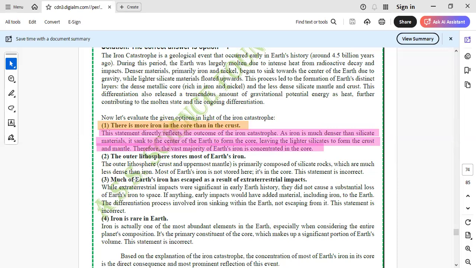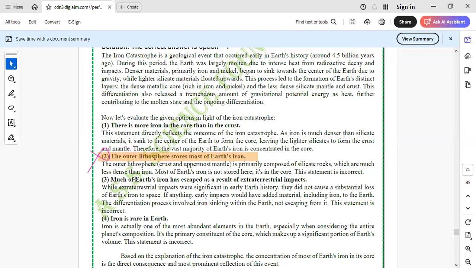ठीक है, तो ये तो इसका करेक्ट आंसर आपका गाइस हो गया फर्स्ट, but why not other options? We have to look for that also, क्योंकि क्वेश्चंस पूछने के कई तरीके हैं आजकल, ठीक है, और हर लॉजिक आपको पता होना चाहिए। So, the outer lithosphere stores most of the Earth's iron, ये तो गलत है, ठीक है। कॉन्टिनेंटल क्रस्ट में तो सिलिका प्लस एल्यूमिनियम होता है, जिसको आप आउटर लिथोस्फीयर कह रहे हैं, तो ये तो एब्सोल्युटली रॉन्ग हो जाएगा ये स्टेटमेंट। इसमें कोई दम है ही नहीं, ठीक है। ये स्टेटमेंट तो रॉन्ग है, इसका रीजन भी हम देख लेते हैं क्यों ये रॉन्ग है। तो सेकंड तो रॉन्ग हो गया, ठीक है।